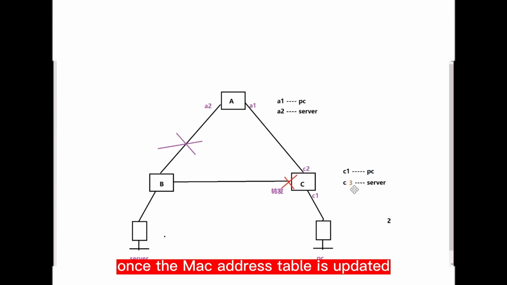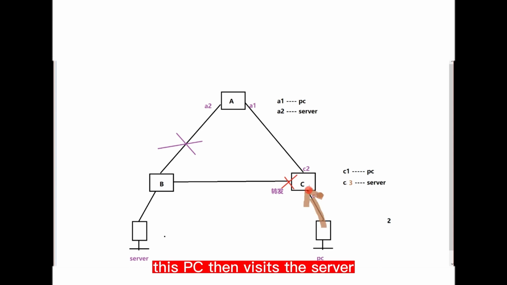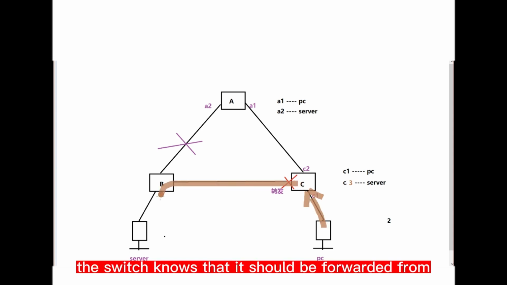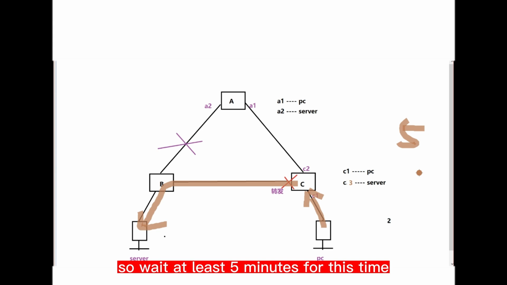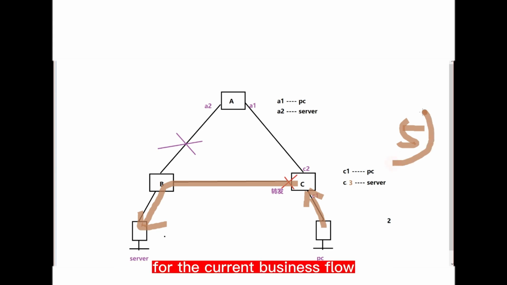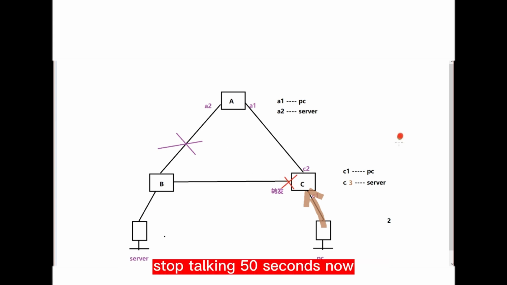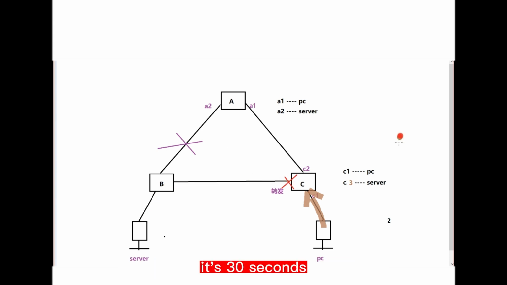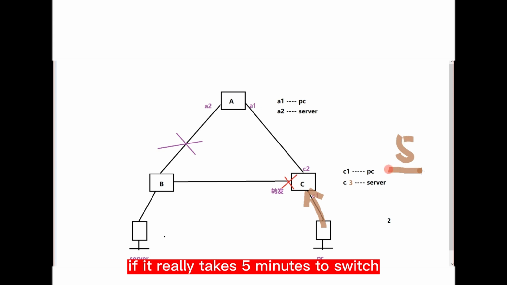Once the MAC address table is updated now, when this PC visits the server, the switch knows that it should be forwarded from this interface. So wait at least 5 minutes for this time. For the current business flow, STP is to quickly complete the switch. Stop talking 50 seconds now, it's 30 seconds. The environment can't afford to wait now. If it really takes 5 minutes to switch,